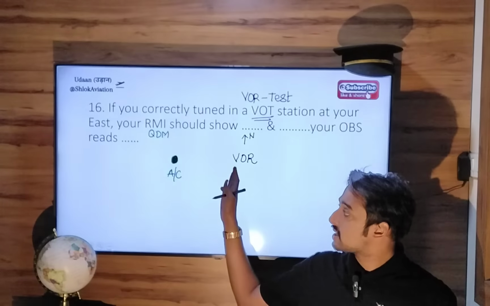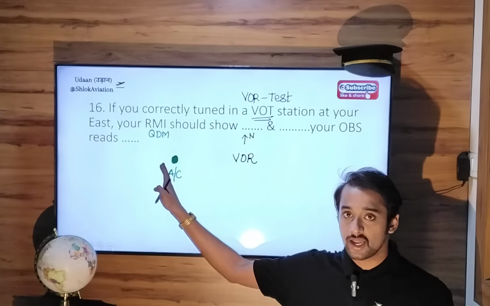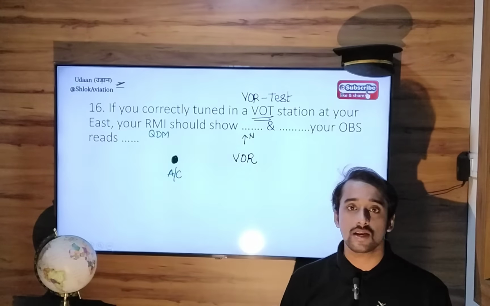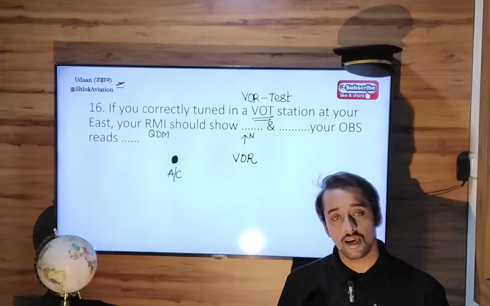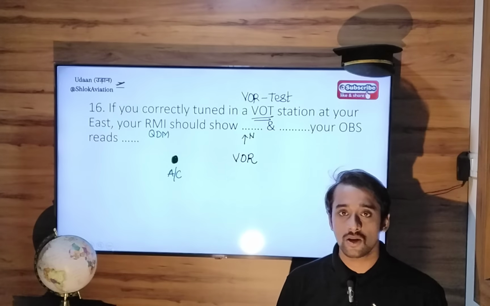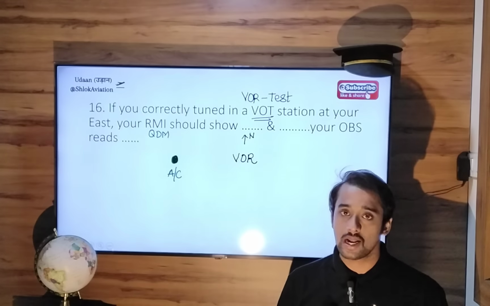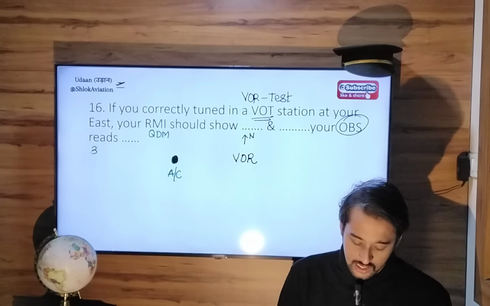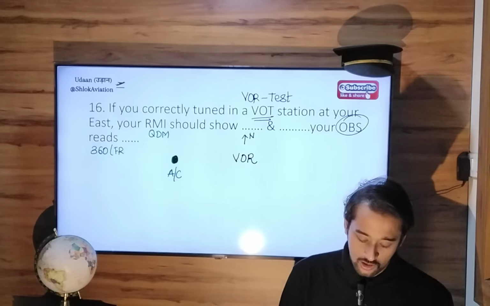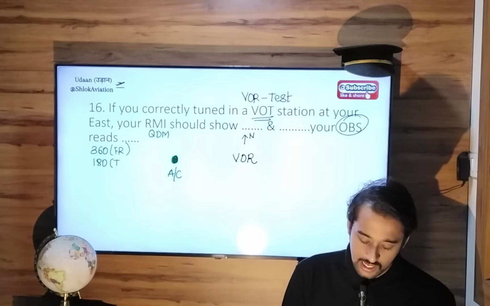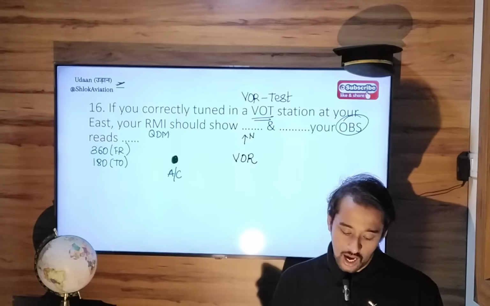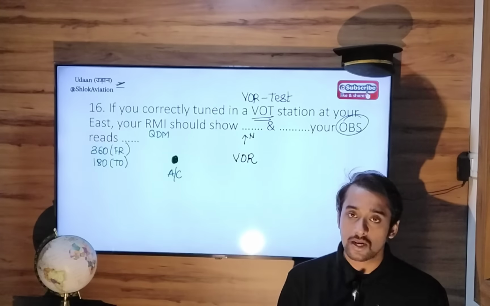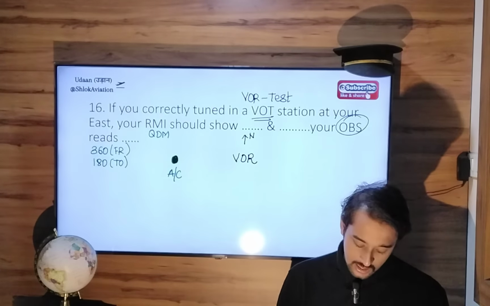It may be that in this case, like radial 270, the VOT testing facility won't show 270 radial from indication. It will still show 360 from indication or 180 to indication. So the OBS reads 360 from or 180 to indication. Remember this. And RMI will read what? With respect to RMI, you will get the correct indication, that is